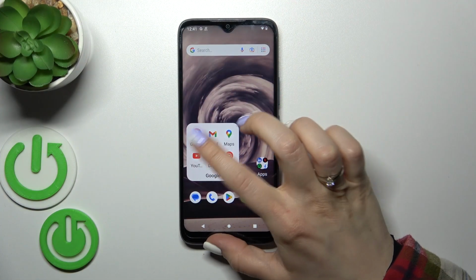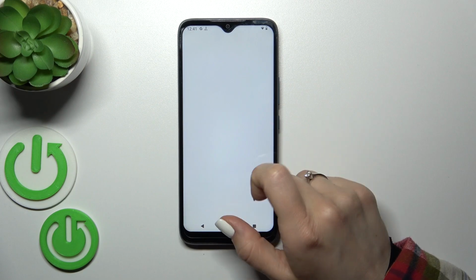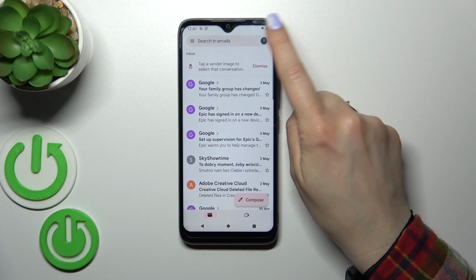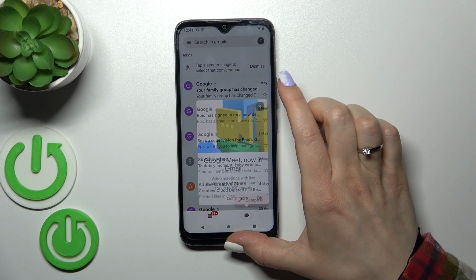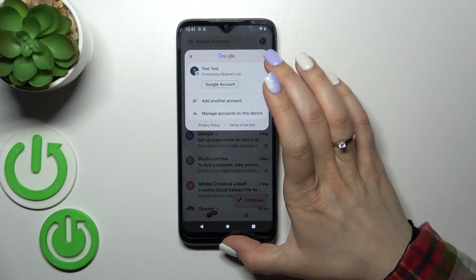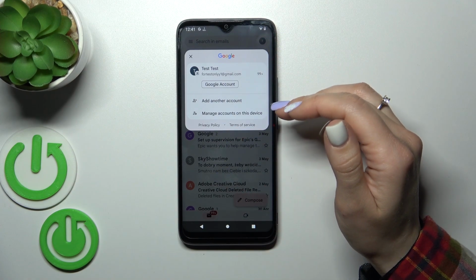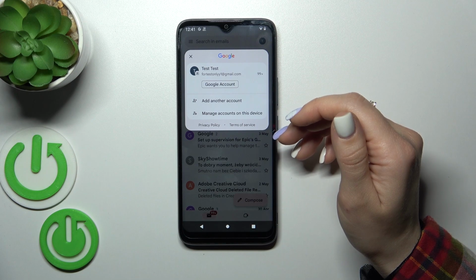So first launch the Gmail application and then tap on the right upper corner. So here you can see all your logged in accounts, and just to log out from the Gmail application, you